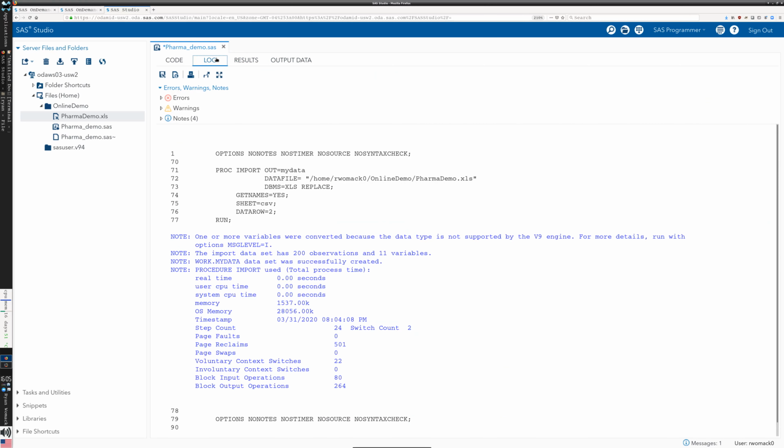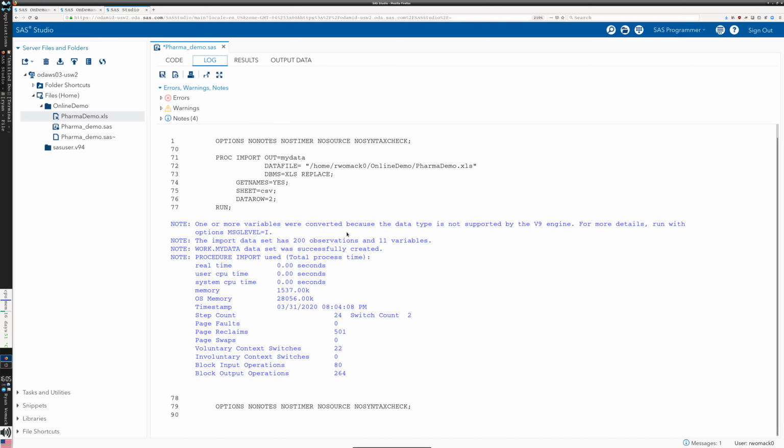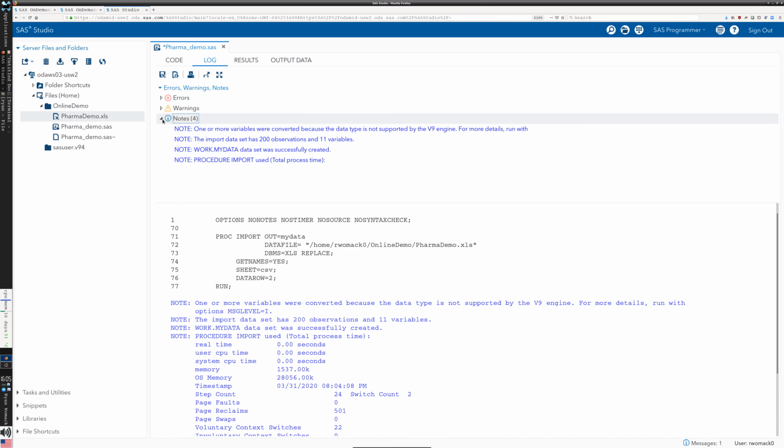So our log in this case tells us that these lines of code have been run, and this is what happened. A data set was successfully created with 200 observations and 11 variables using this much resources. Now, the fact that this is all in blue is a good thing. Blue means success, no problems. When we have problems here, we will encounter